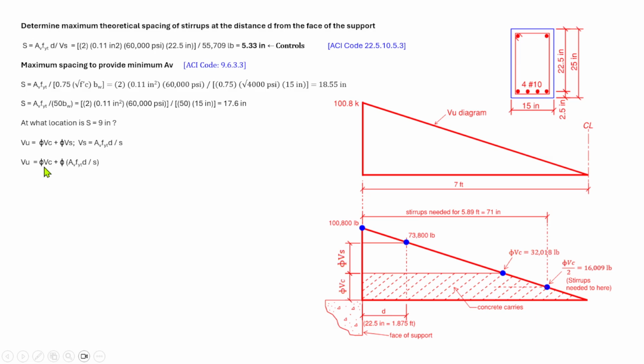So VU is equal to VC plus phi times Av times fy times d over s. If you substitute this portion here for VS, you will have this expression here. So VU is equal to 32,018 pounds plus 0.75 times 0.11 square inch times 60,000 psi times 22.5 inches over 9 inches. 9 inches is the spacing. So we got the value of VU,